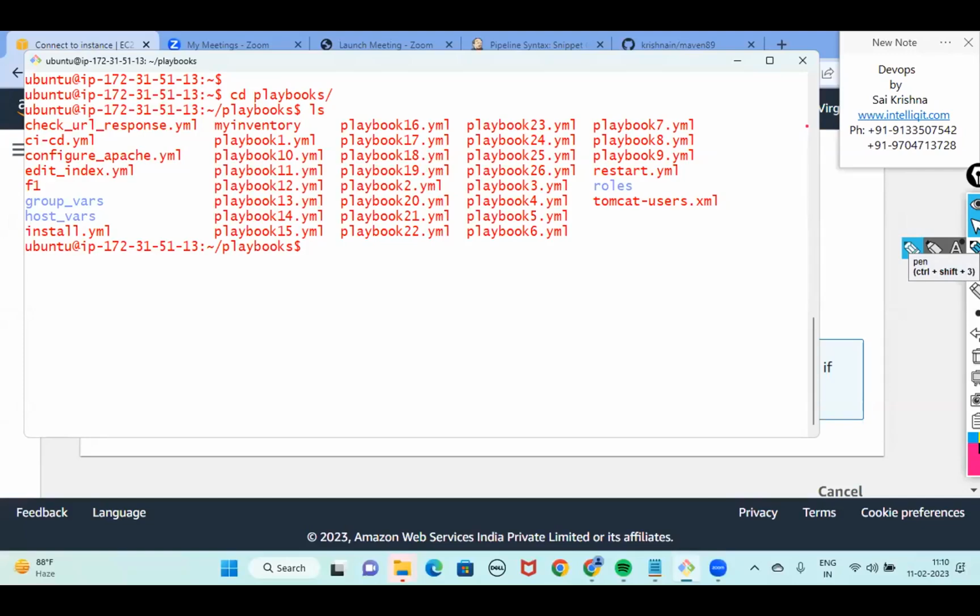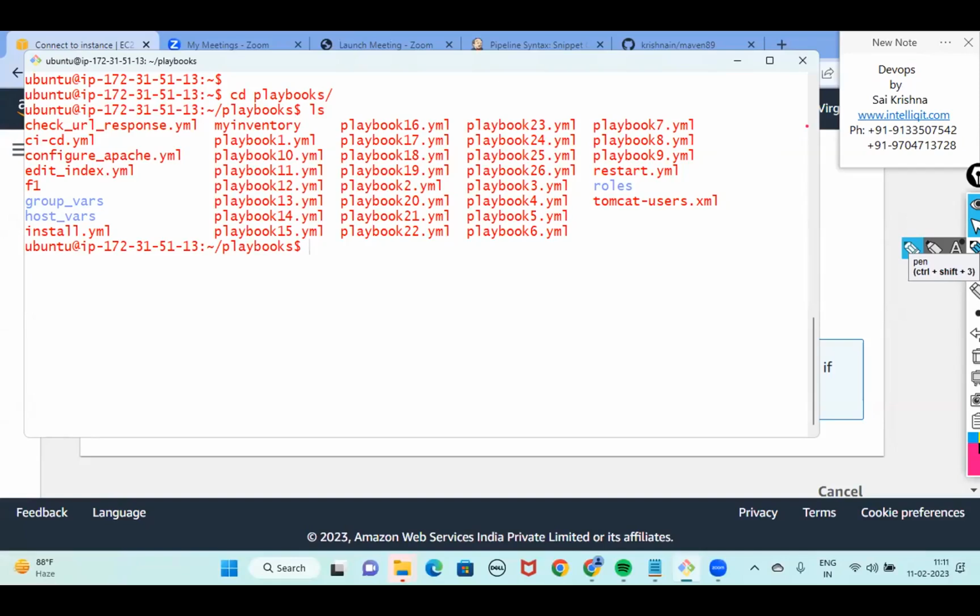Docker containers, the same containers, if you want to run on n number of servers, I would like to run on 1,000 servers, I would like to create an HTTPD container or a Tomcat container, then Ansible integration with Docker comes into picture. That's the only way. If you are working on just 1 or 2 servers, your regular Docker commands hold good. There is no problem. But when you are having hundreds of servers and on all of them you are interested in creating some containers, we don't depend on regular Docker commands. We depend on understanding how Ansible can be integrated with Docker.